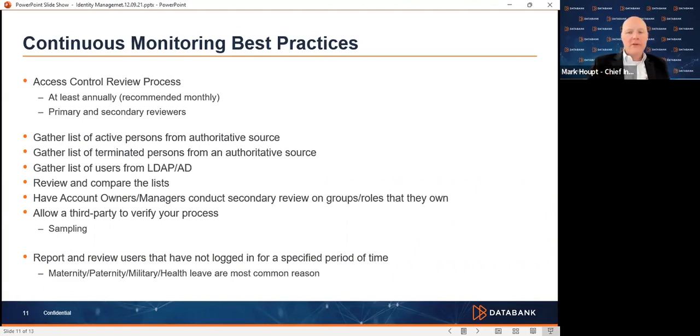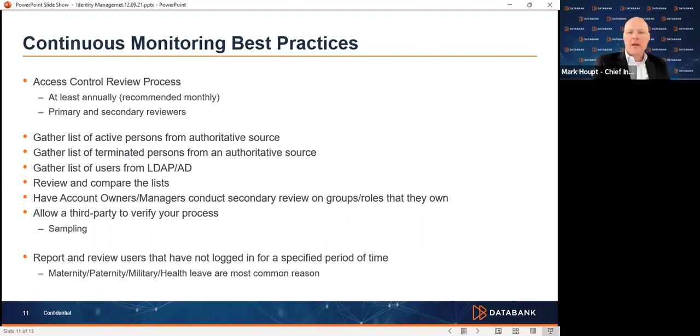And honestly, all of these things are a second check, because your standard life cycle process should have that function: when a person is terminated, your teams are notified and the person is disabled and removed from the system. So this continuous monitoring is simply validating what you should already have done and what you should already know. It's that second check, if you will. So comparing those lists and understanding what you have inside of your system is the very basic of what you should be doing.